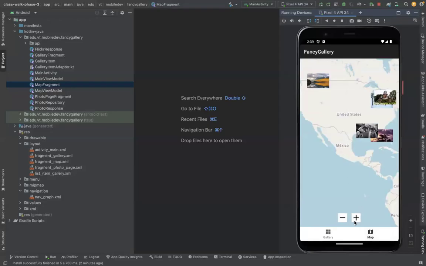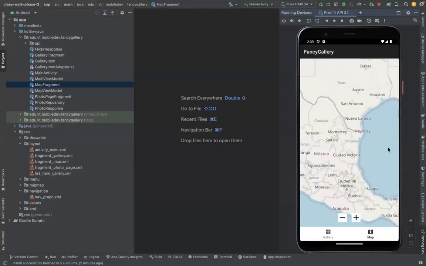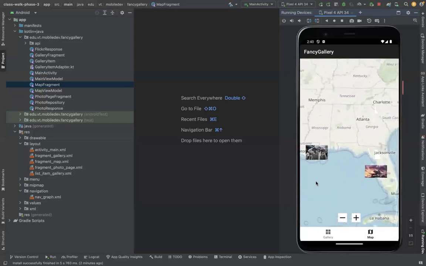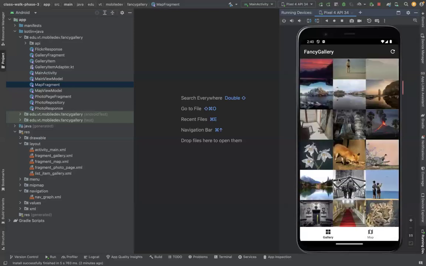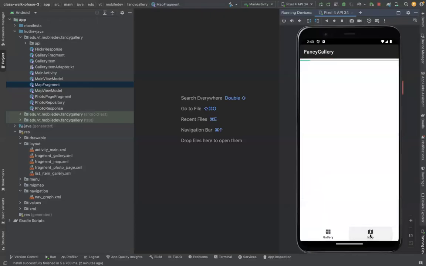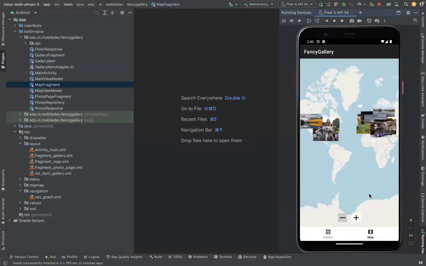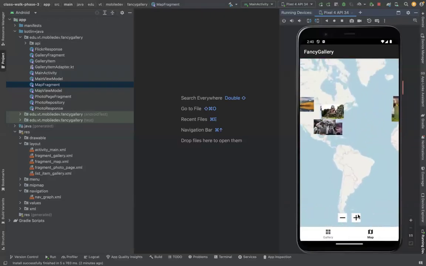So let me zoom this. This is what it's going to look like. The more you zoom, the better you will see where the picture is. So now, oops, excuse me, I clicked on the back button accidentally. And then if I zoom here,